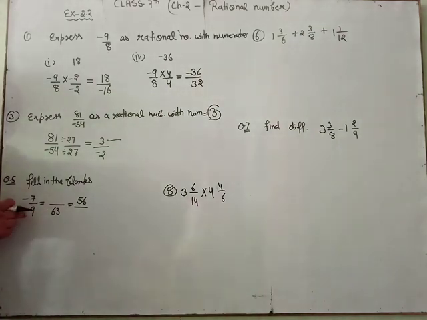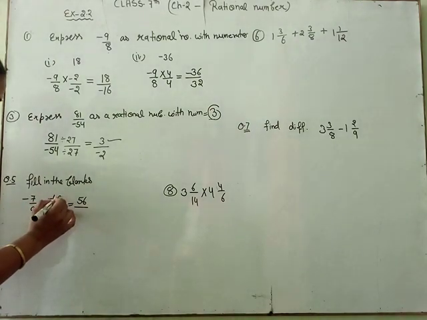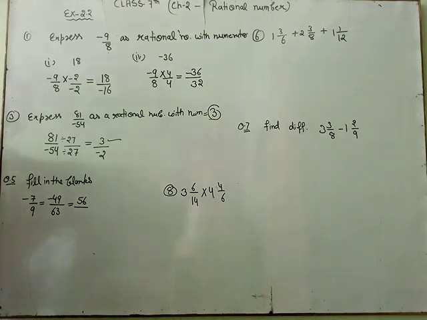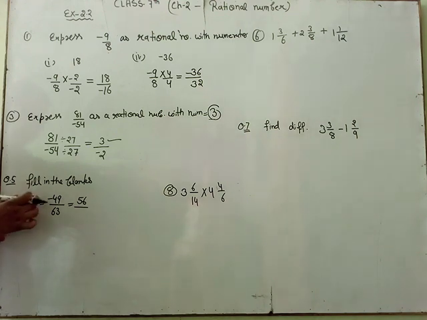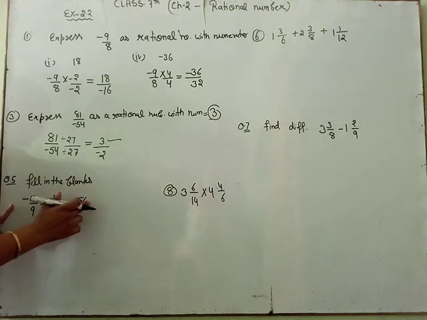So if the denominator is multiplied by 7, then the numerator is also multiplied by 7. Minus 7 times 7 is minus 49. Okay, again this rational number is equal to this, and we find the blank. The numerator is minus 7, but the other numerator is 56.